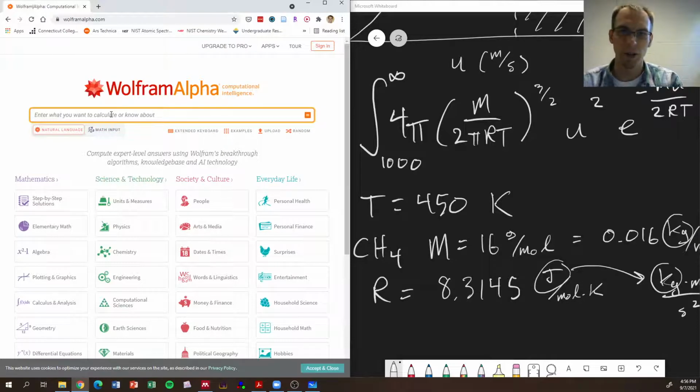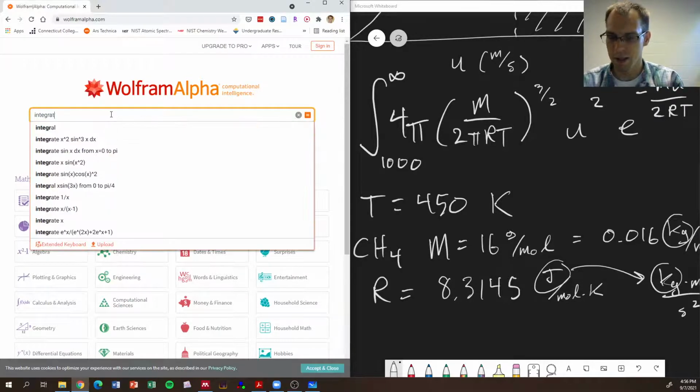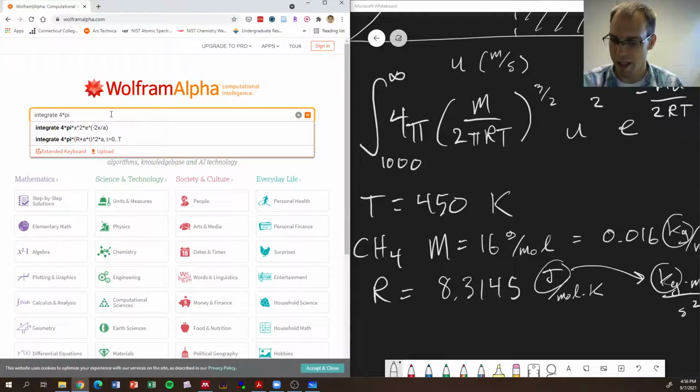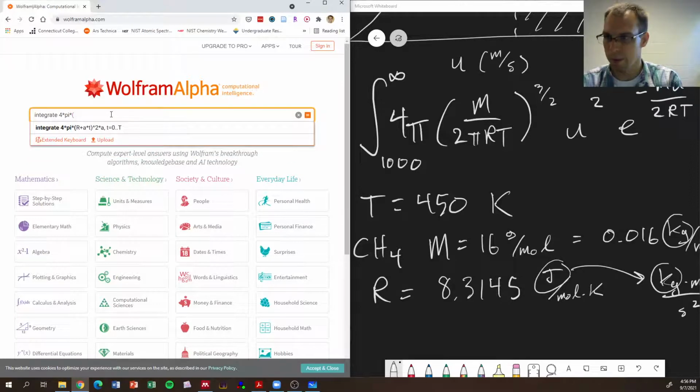If you want to do an integral in Wolfram Alpha, you type integrate, telling it what function you want to integrate. So we need to put in 4 times pi, and for the times use the asterisk key. Wolfram does know what pi is, so you don't need to write out 3.1415 whatever. Then we multiply by the molecular weight,